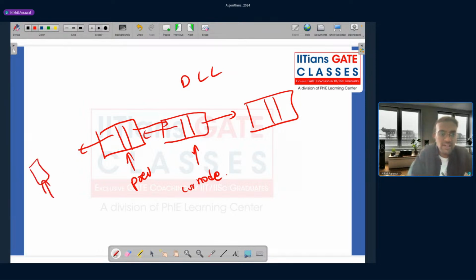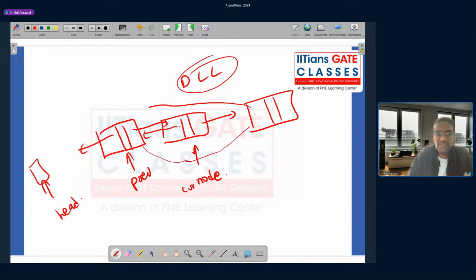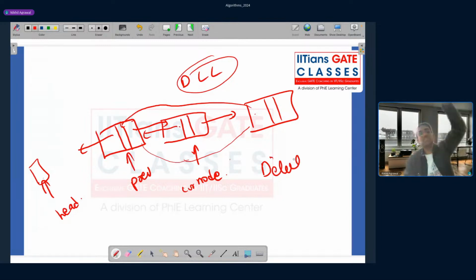So if my head node is somewhere here, I don't need to traverse all the way from the head node to the current node to delete it. Why? Because access to the previous node is already given by the doubly linked list. So I can simply say that my current node's previous next should be this node, and this node's previous should be this value. So if you want to perform a delete operation in a doubly linked list, you don't need to traverse the list from the